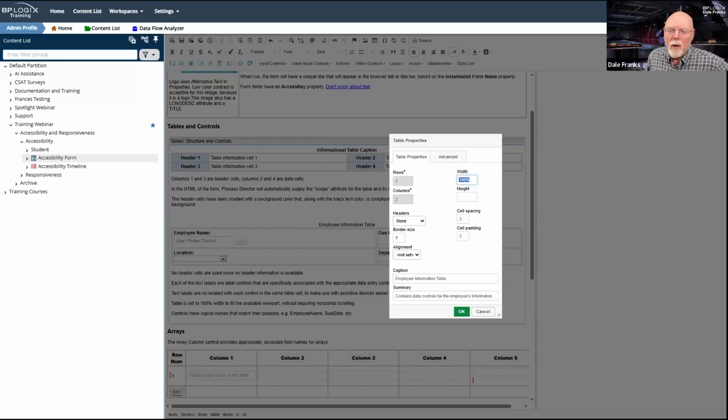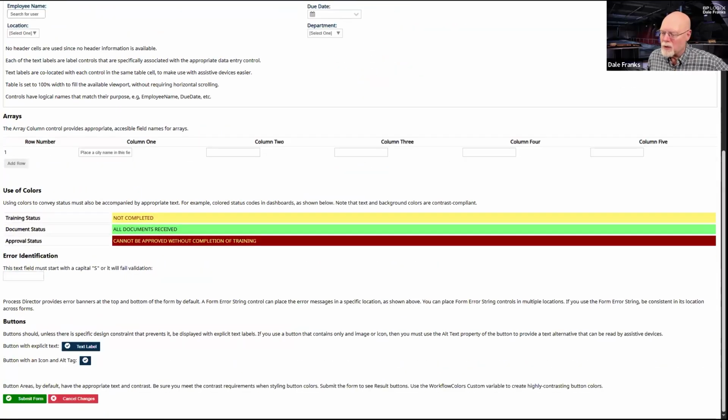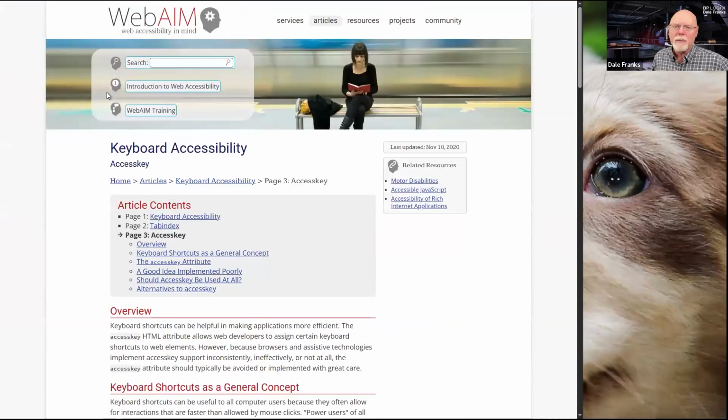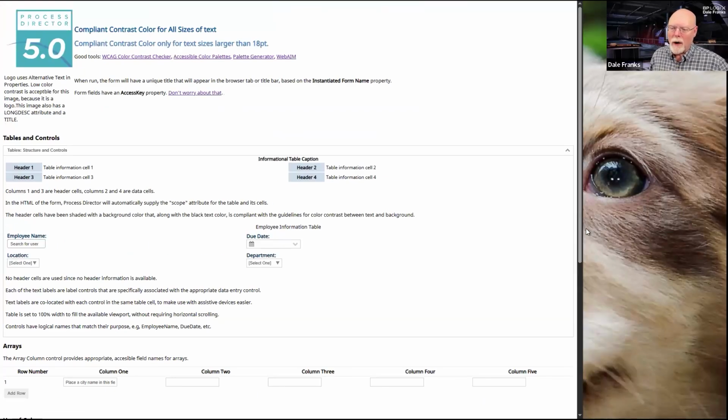So whenever somebody looks at a form, we fully expect them to scroll this way. What we never want them to have to do is come down here to the bottom and scroll this way horizontally. So whenever we set our tables, and all these tables are set for 100%, if I make my screen smaller, I want my tables to get smaller.